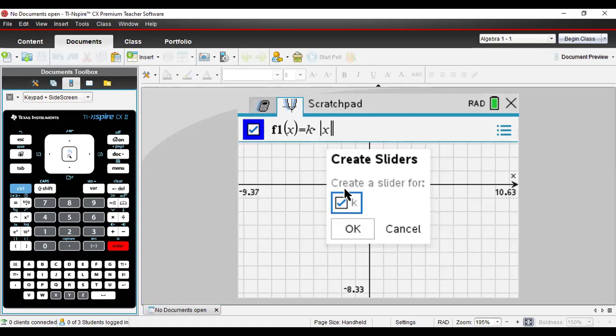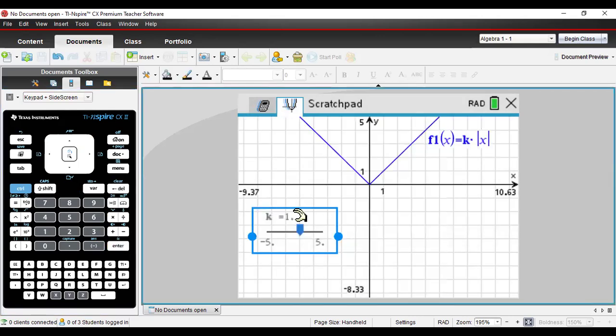Now, the reason that it's asking for a slider is you have a variable other than X, the K, and you don't have a number stored in it. So it's saying, what do you want me to do with that variable? So let's go ahead and create a slider. All right, so now here's the regular. When K is equal to 1, this is what the graph looks like. Now, if we move it,